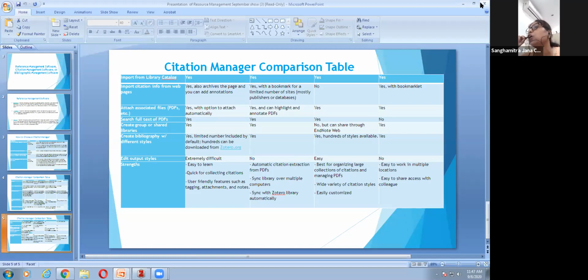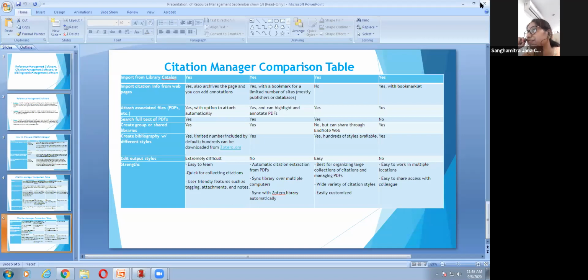Creating a bibliography with different styles. Yes, but a limited number is included by default, and 100 can be downloaded. You have to go to Zotero and download it. For Mendeley, it is yes; all the styles are available. And for EndNote, there are many styles. More styles are available.